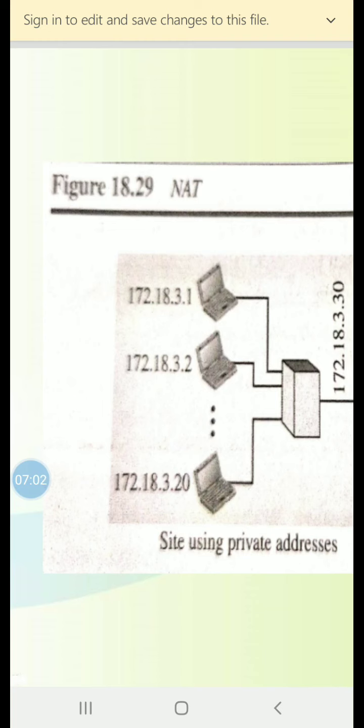If the translation table has 5 columns instead of 2 that include the source and destination port addresses and the transport layer protocol, ambiguity is eliminated. So this is about that.